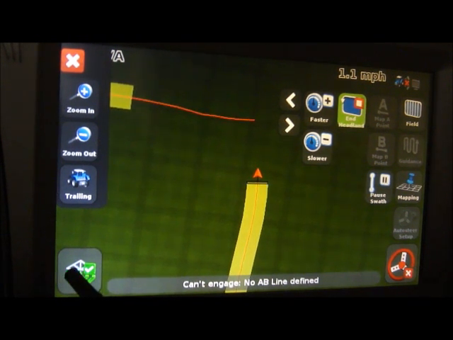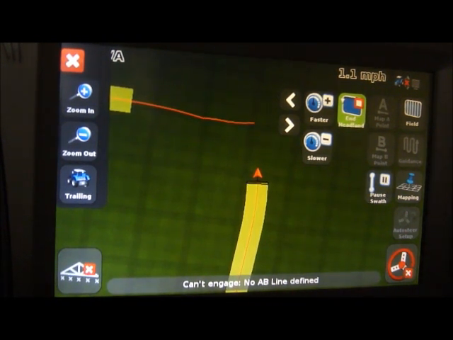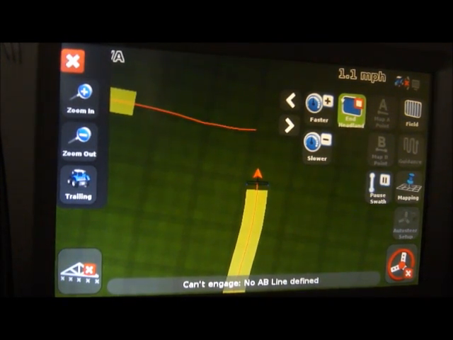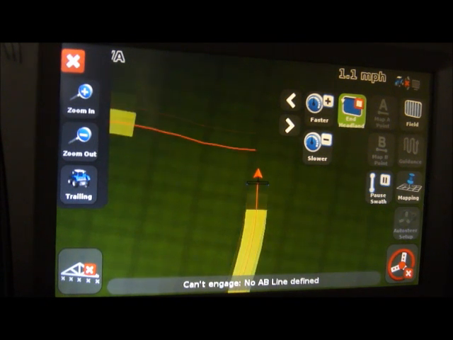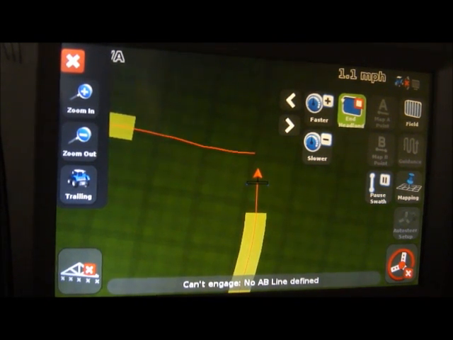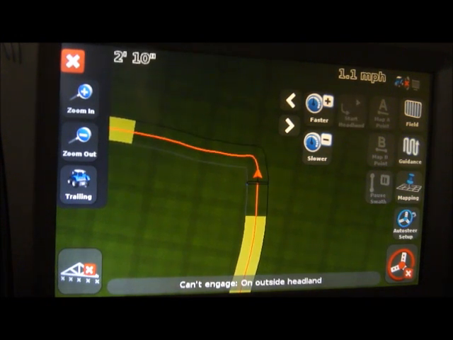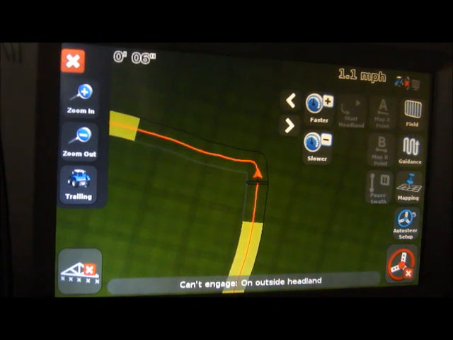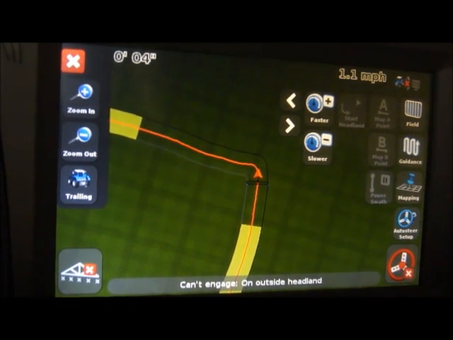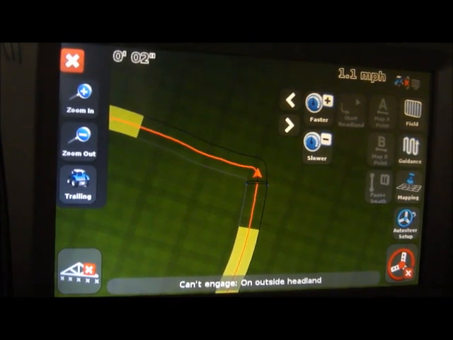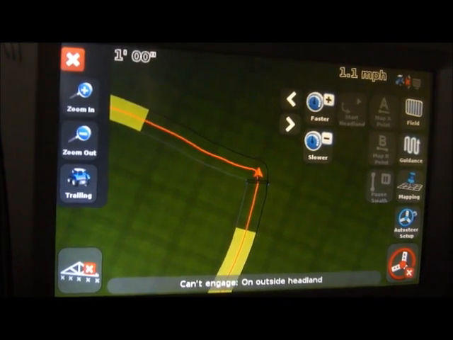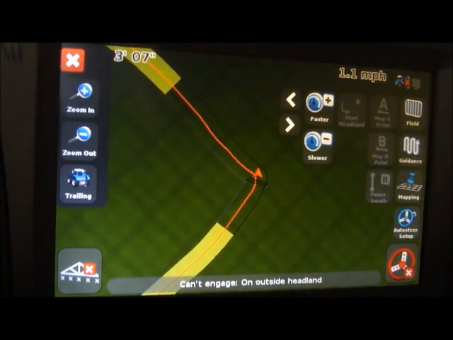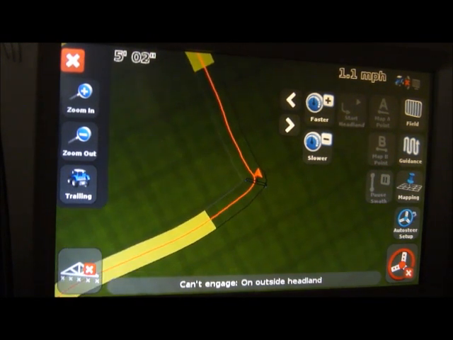I'm going to turn my paint off now as I come into this corner so you can see the boundary here a little bit better. So at any time now you could push the end headland button, or you will notice that all of a sudden, once we got within a few feet of where we started, there's a certain diameter that you need to get within, approximately 50 feet or so. Once you get within that, it'll automatically finish your first circuit, therefore recording your boundary,